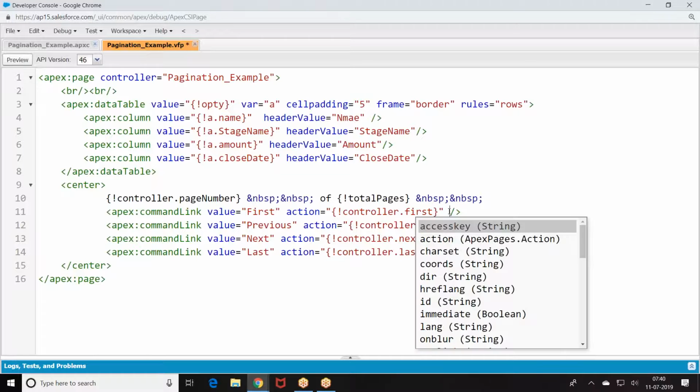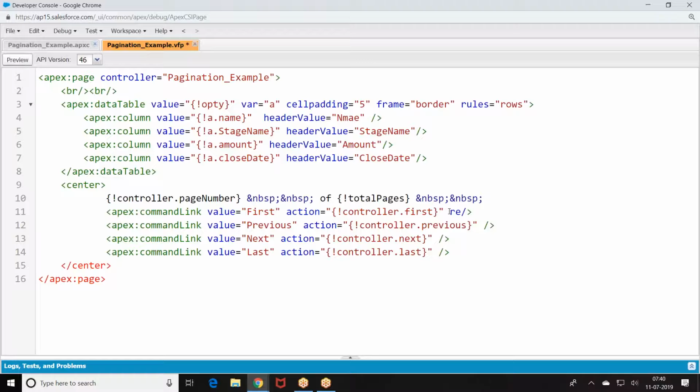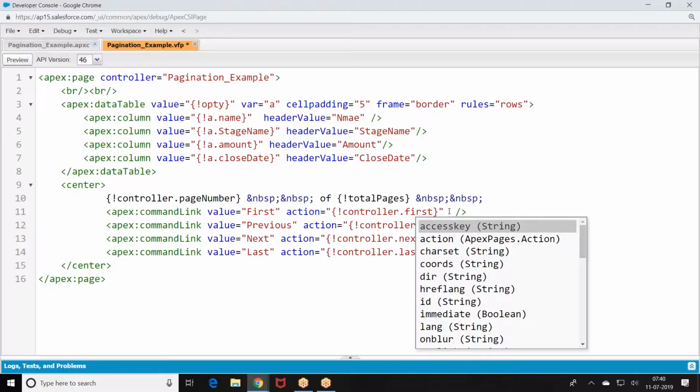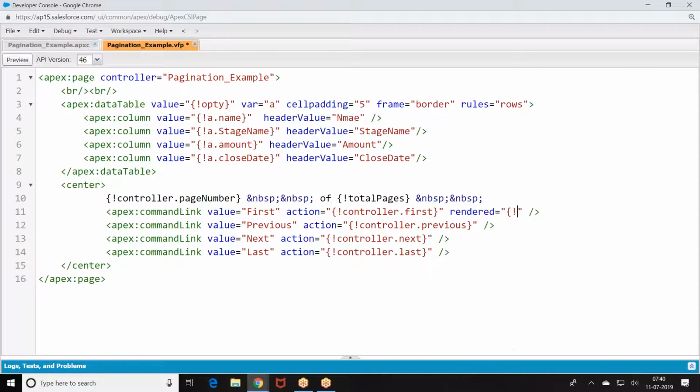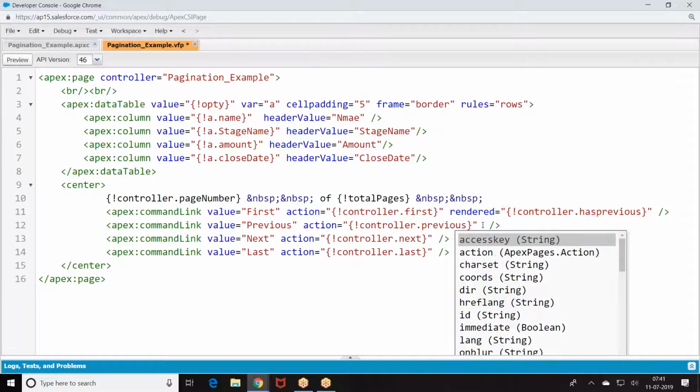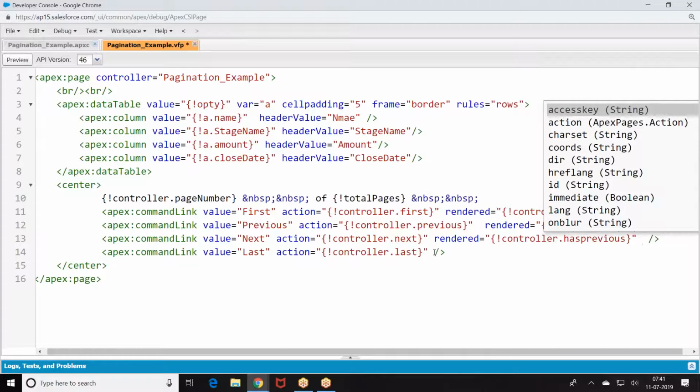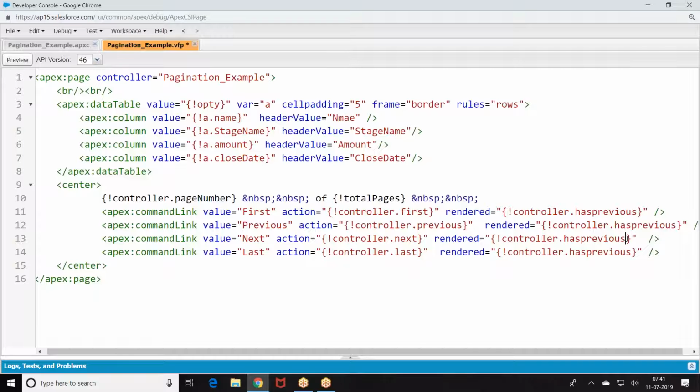Right. Then we have rendered, rendered control dot. Look at the story. I have to put everything in the form to avoid the error.